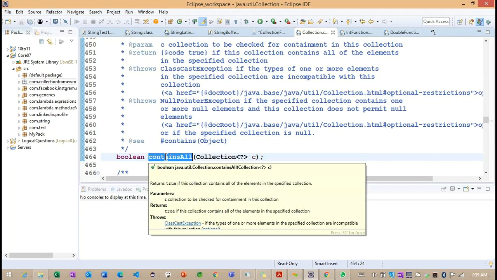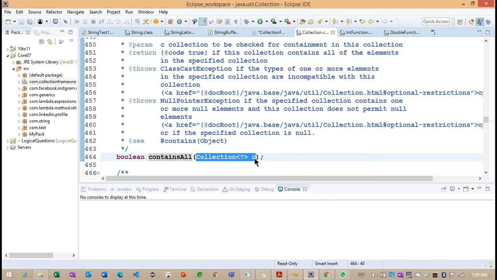Okay. Now we need to understand the containsAll purpose. So what is the purpose of this particular containsAll? Getting the point? Whatever collection object we pass as a parameter, we are going to check whether the parameter collection's elements are available inside the current collection or not.